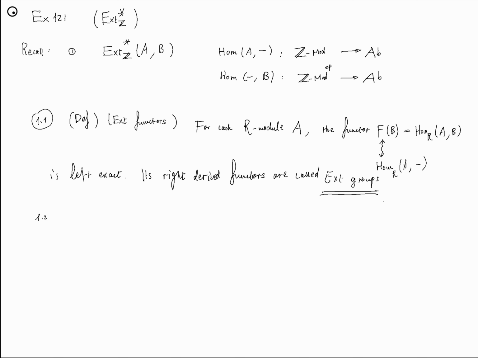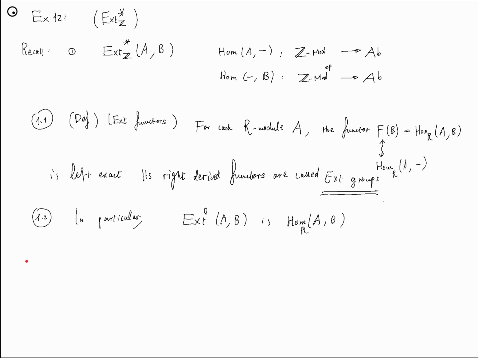Let me put a sub-remark. In particular, Ext 0 of A, B is Hom of A, B. So